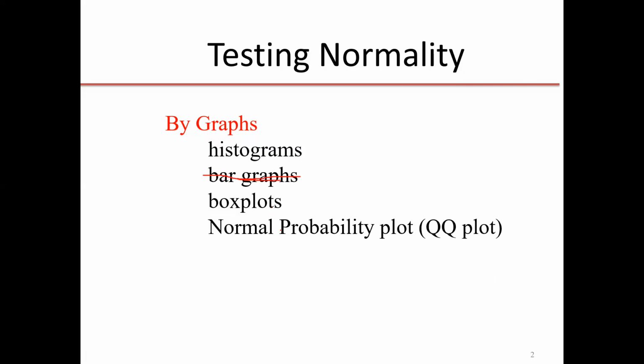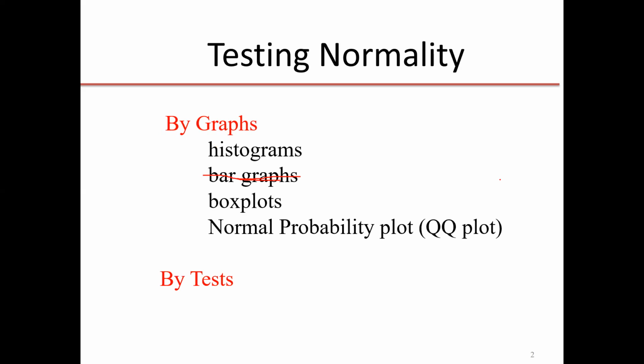Histogram, box plot, normal probability plot, stem and leaf graph. These are the visualizations that can be used for analyzing normality of the data